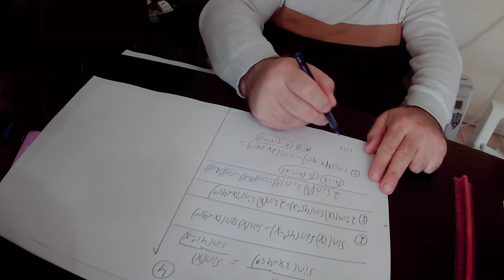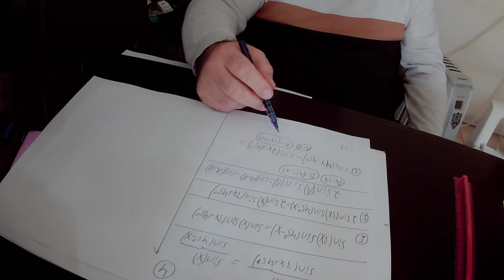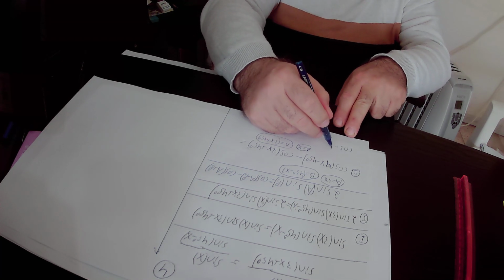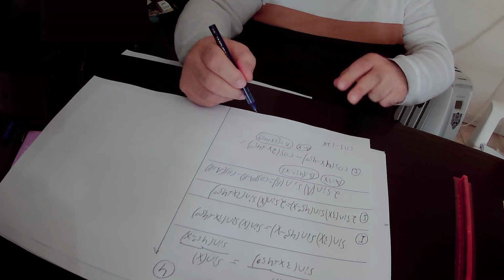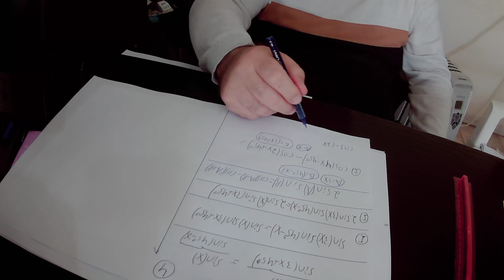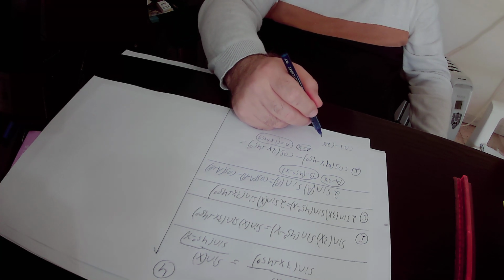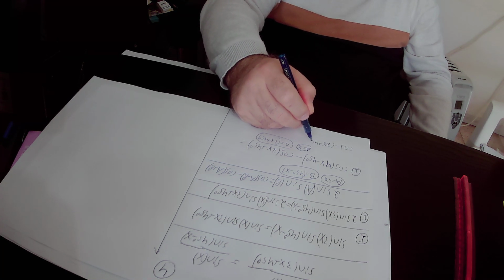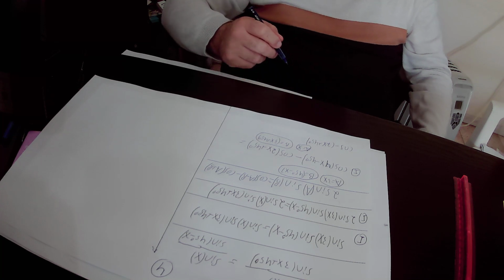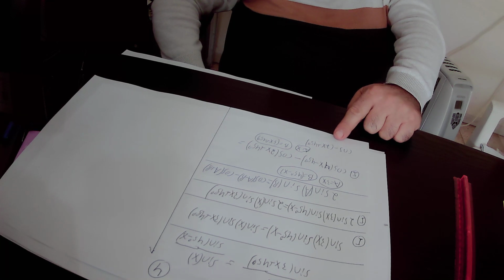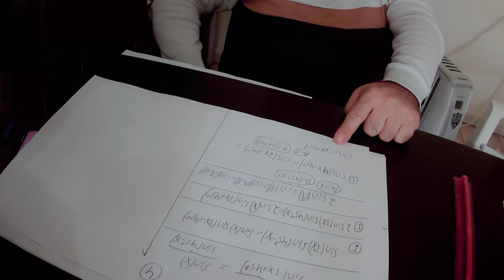This cosine a minus b: x minus 3x is minus 2x, and 0 minus 45 degrees is minus 45 degrees. So here we got cosine minus 2x plus 45 degrees,